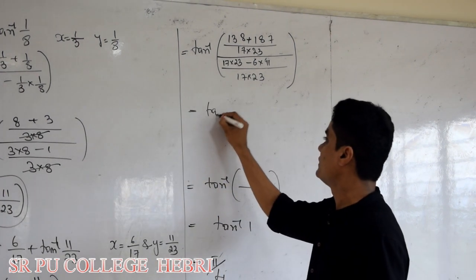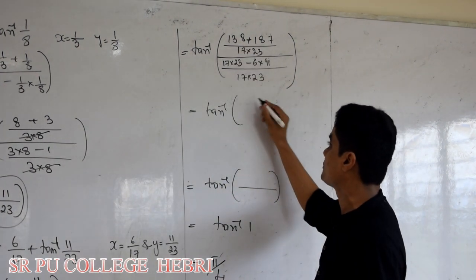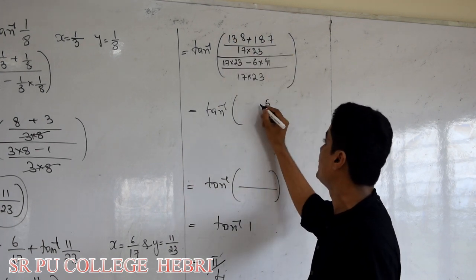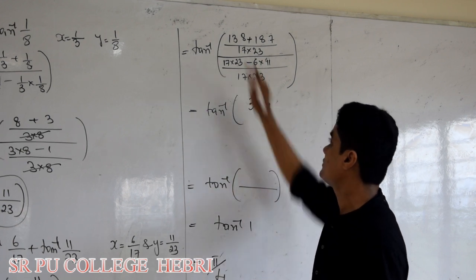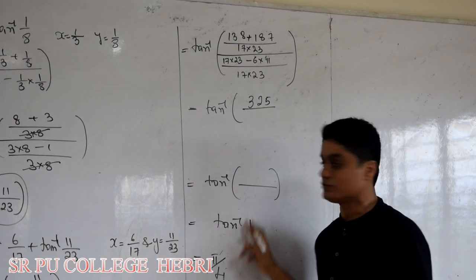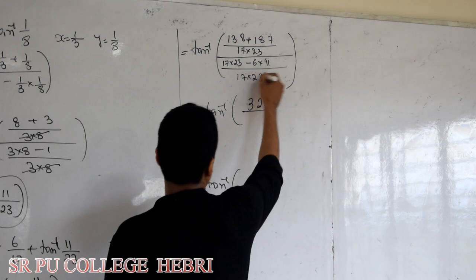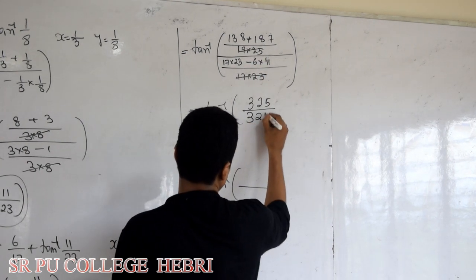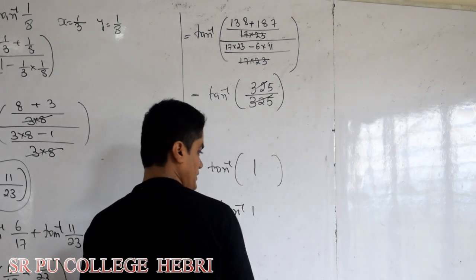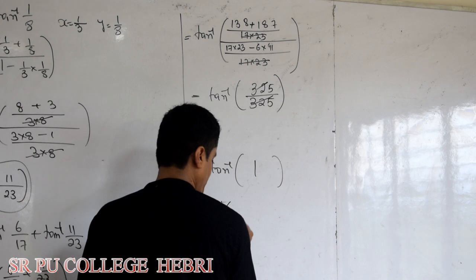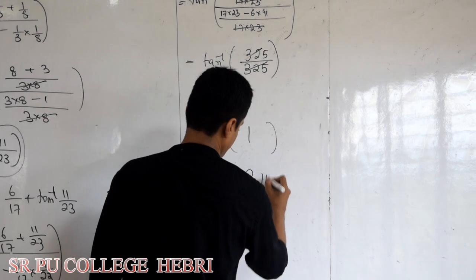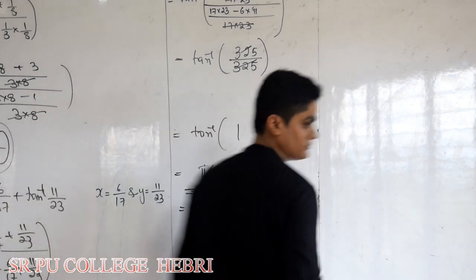So here it is nothing but tan inverse of this. You should add, there is no other option. 15, right? Then 11, 1 foot, okay? One more, 2, and plus, the sum is 3. So 325. You know here you should get tan inverse of 1, so the numerator should be equal to the denominator. So cancel this. This must be 325. So 325 cancels. You'll get tan inverse of 1, and tan inverse of 1 is nothing but pi by 4. And this is the required right hand side. I hope you understood. Thank you.